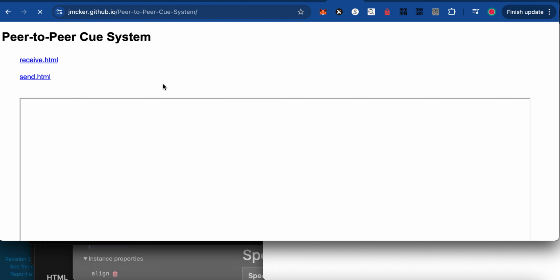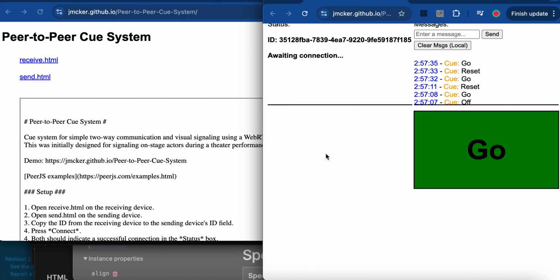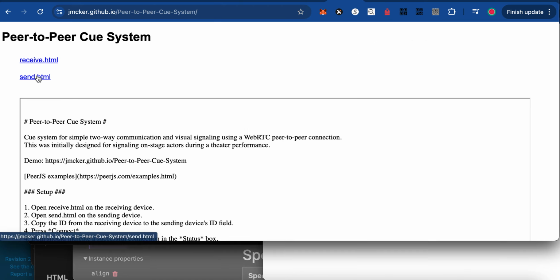And what I like about these is they're two files. They're just HTML files, and they have everything you need in those files. You can just look right at them. This first one is the receiver, and the second is the sender. I have the receiver opened up over here and was actually looking at it before. And so I'm going to open up the sender on this side,